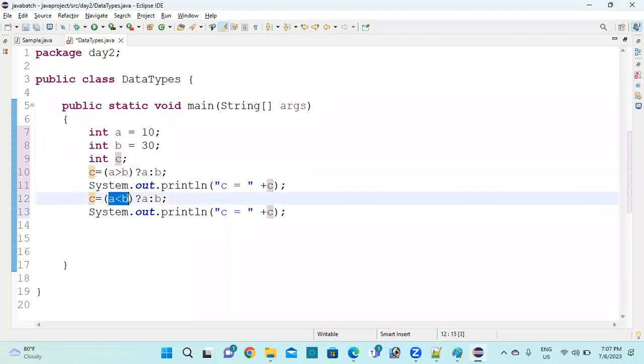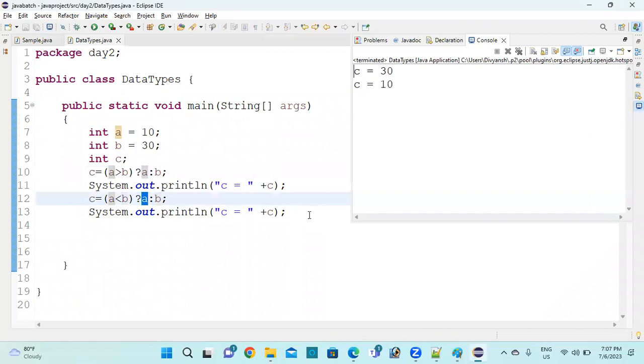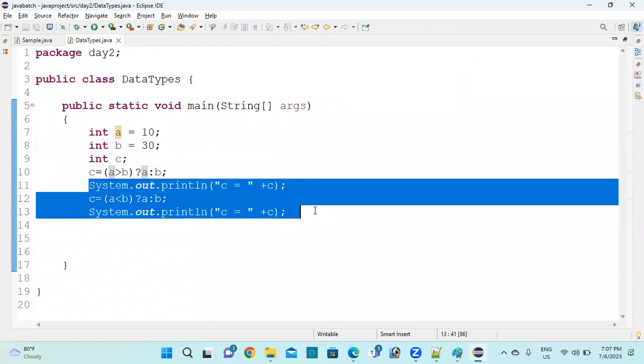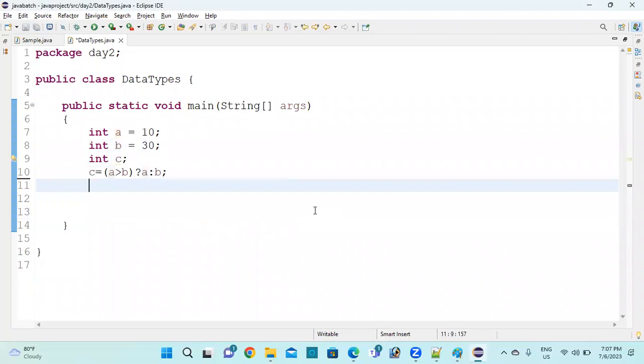Next here, the condition is true. Now the A value will be executed. So 30, 10 came. Okay. Now I'm changing this code a little bit. Okay, see. For example,